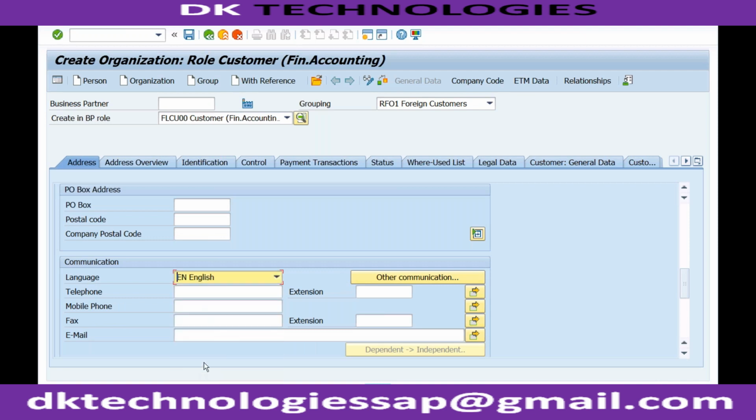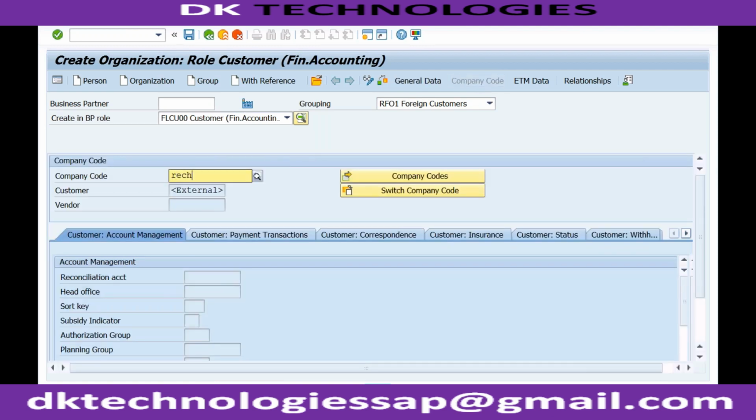So English. Now I'm going to company code data. My company code is RECH. I created the reconciliation account and the sort key. Now just see here, this number and this number. Let's try to save. Okay, anyways, this number is an external number. So if I provide any number here,